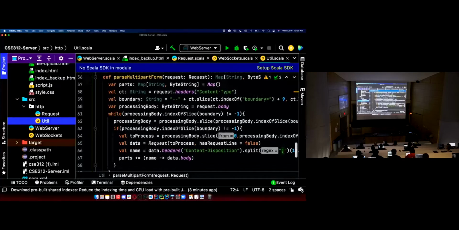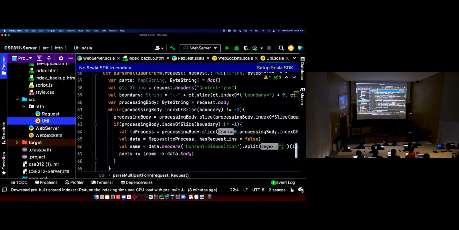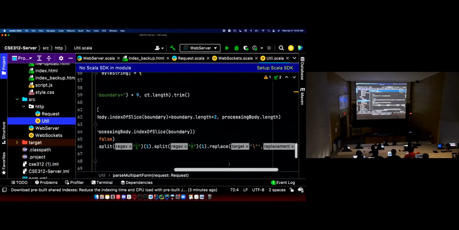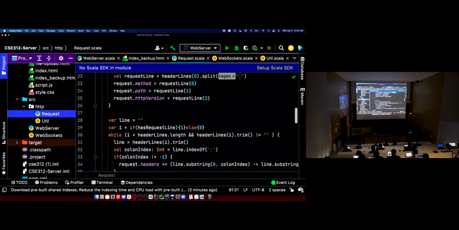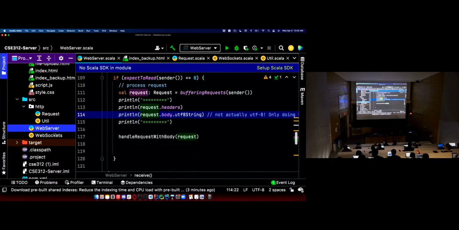Multi-part form parsing, adding those dashes, reading the boundary. I already have my headers parsed, so the boundary I can just extract from the headers, append those two dashes, and read based on where those boundaries are. All that stuff you did for homework 2. It's very similar to any JavaScript setup for this. And WebSockets I shouldn't open.